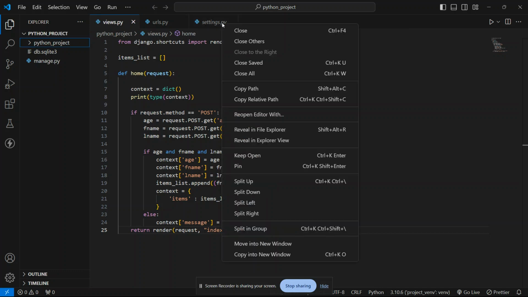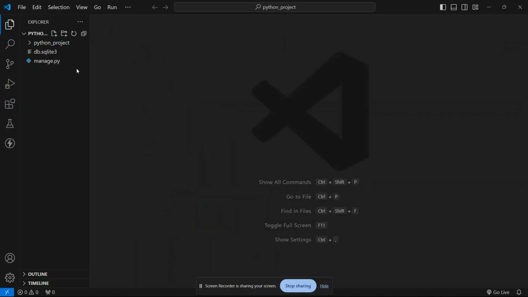At first I'm closing all the tabs, and I will describe everything. In the very first, this is my python project folder which I created earlier. Inside that we have __init__.py, asgi.py, settings.py, urls.py, and wsgi.py, and this views.py I am creating on my own.